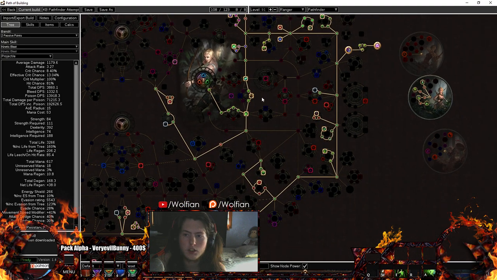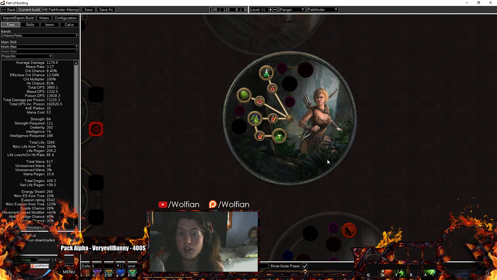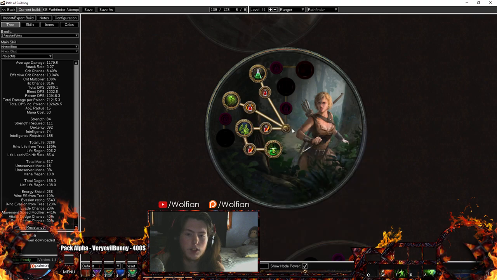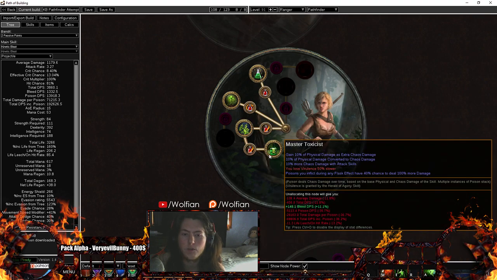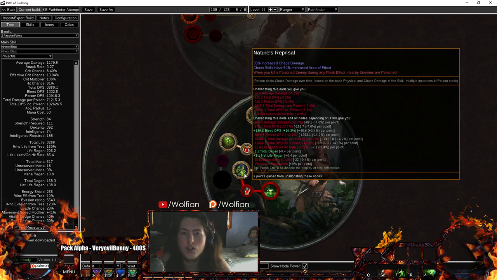So let's cover the skill tree. We're going to start with the Ascendancy because I actually did a video once and forgot the Ascendancy, which I was kind of impressed with. First 3 points is going to be Nature's Reprisal, Master Toxicist, and Nature's Boon. What these are is Nature's Reprisal: Chaos skills have increased AoE, deal increased Chaos damage when you kill a poisoned enemy during any flask effect. Nearby enemies are poisoned. We are constantly with a Quicksilver up, with damage flasks up. You kind of get the memo. That's our poison